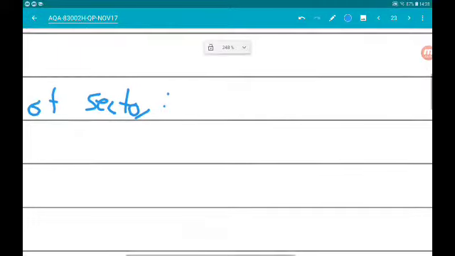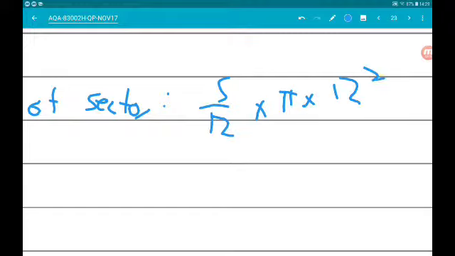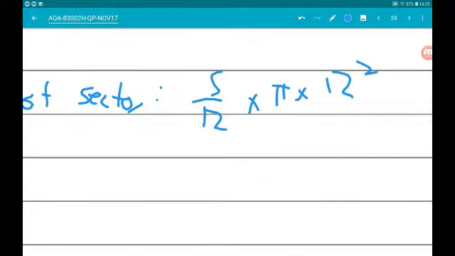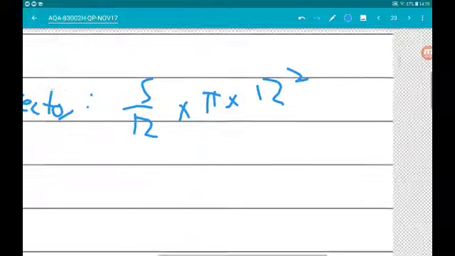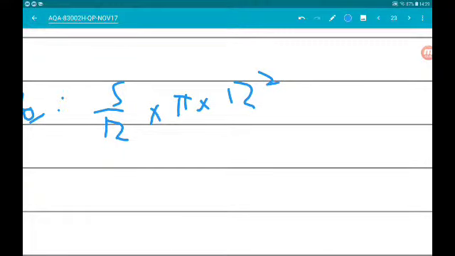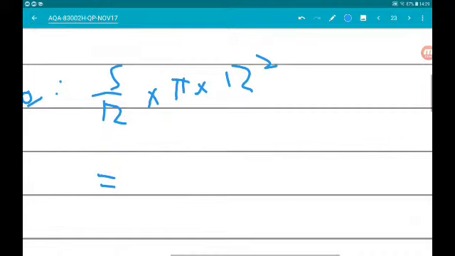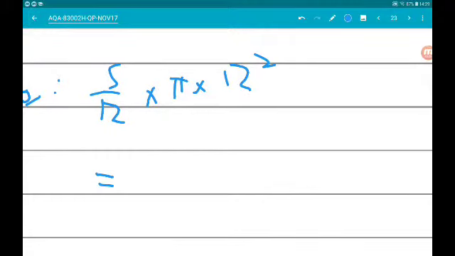So we got 5 twelfths times pi times 12 squared, which is going to give us, use your calculators, and you will get 60 pi